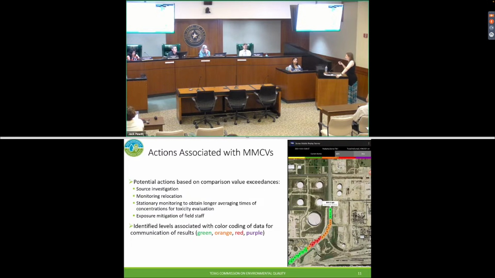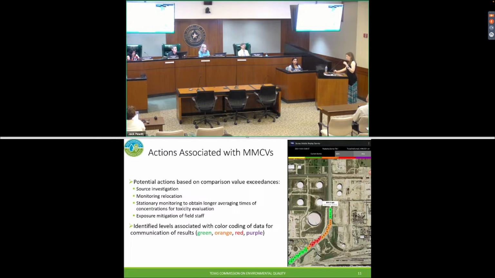So it's fine to have a comparison value, but you have to know what to do when it's exceeded as well. And so we identified some actions, and this is work that we've done together with the mobile monitoring team and with the regional staff to identify actions when the different levels are exceeded. And so in the next slide, I'm going to spend some time both on the values and the actions,